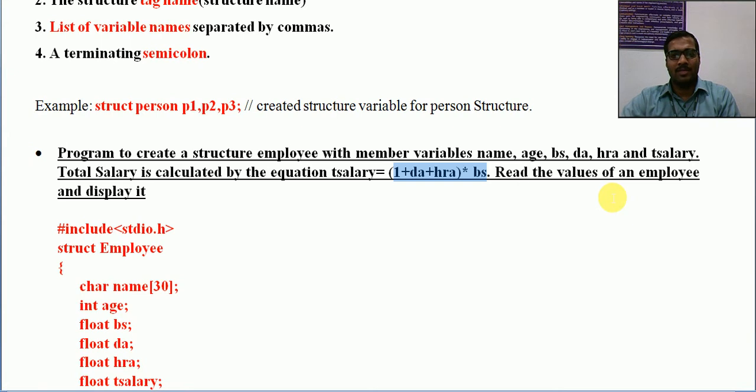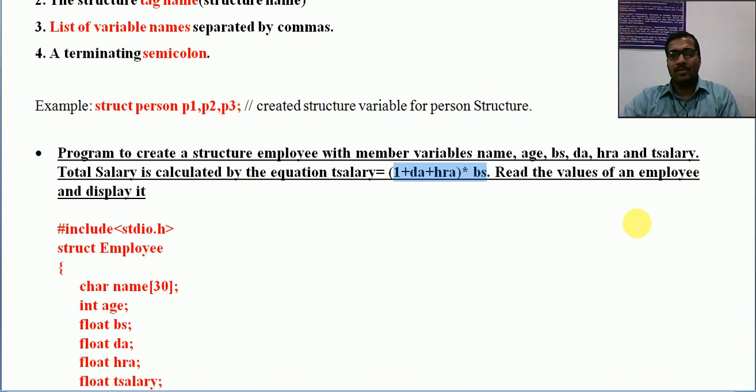For example, here it is name, age, basic salary, DA, HRA, and total salary. Total salary we cannot read because it is to be calculated based on the other values. So we have to read the other values and find the total salary. That can be done very easily. Similarly, for each employee you have to read. Along with reading, if you get all these values, total salary can be calculated.